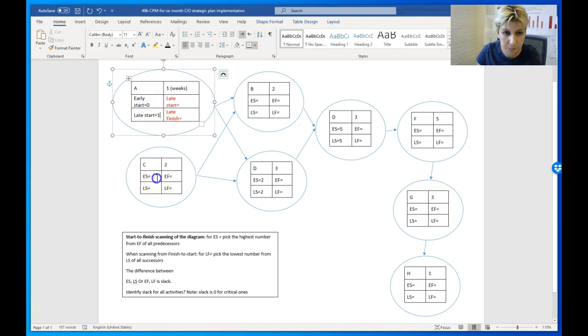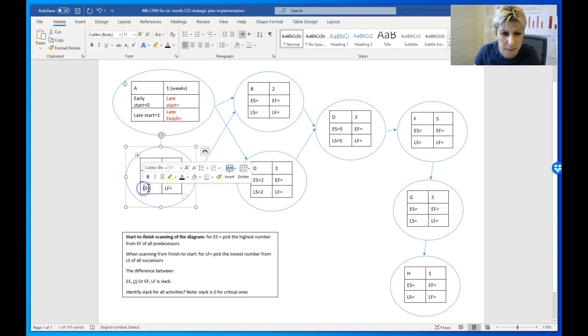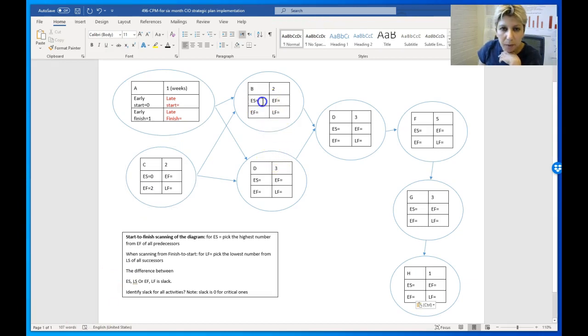That's pretty obvious. Task C also can start on week 0. That's the earliest start. Later, that's early finish. This should be for all of them. Early finish is its early start plus duration, that is 2. So I'm going to do that for B. Look at B. B depends on A and C. There are 2 arrows going to B. So the earliest start for B will be